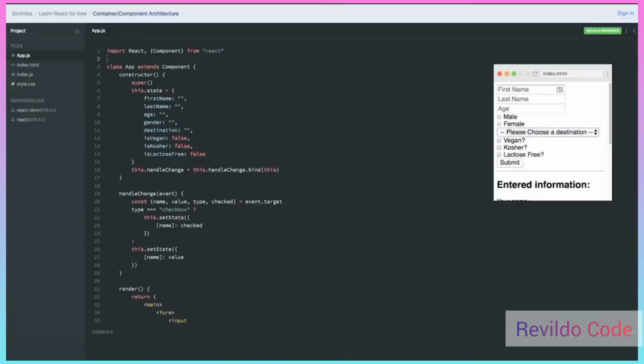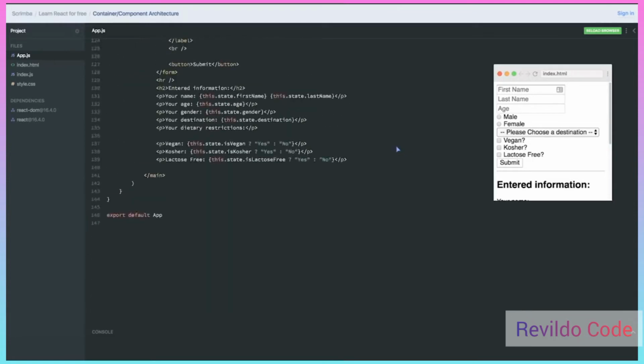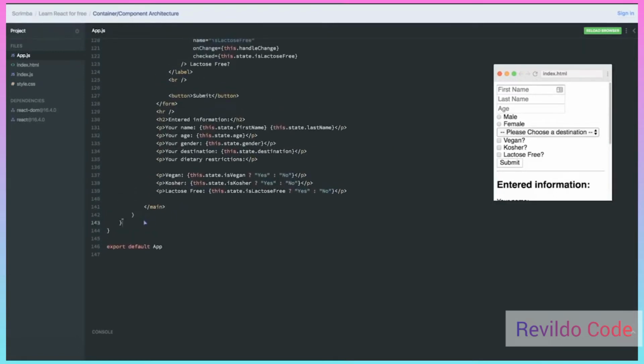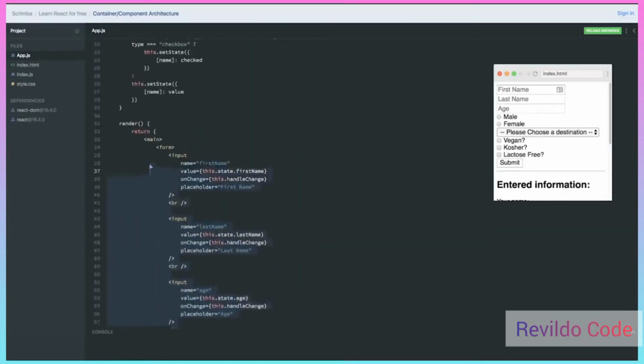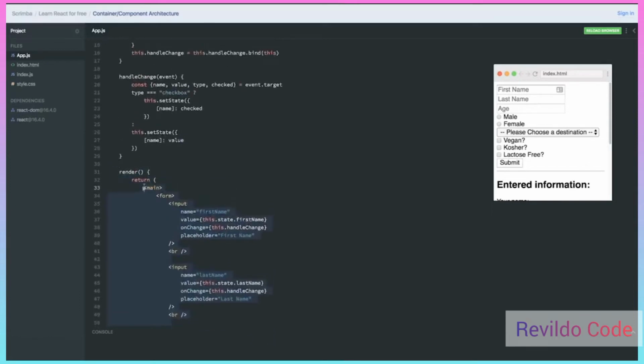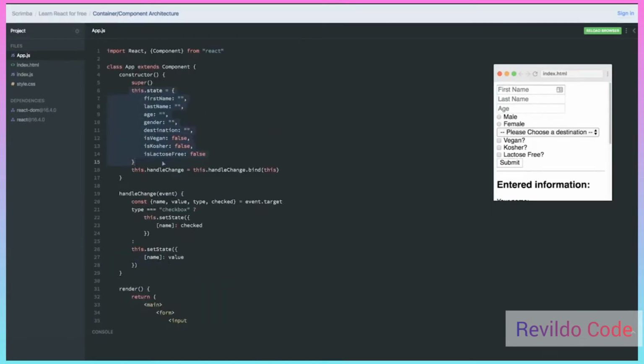So when we built the travel form in React, you may have noticed that a lot of the time we were scrolling up and down, and we have a component here that's 146 lines long. Now you'll notice that a lot of this space is being used as display logic, right? It's showing the form, it's displaying UI, it's creating elements, all of this happening inside of the render. But then we also have a place where we're maintaining state, and we have our handle change function, which is